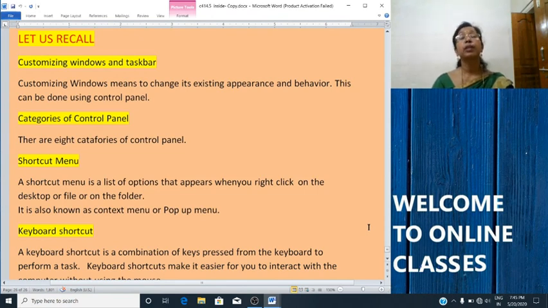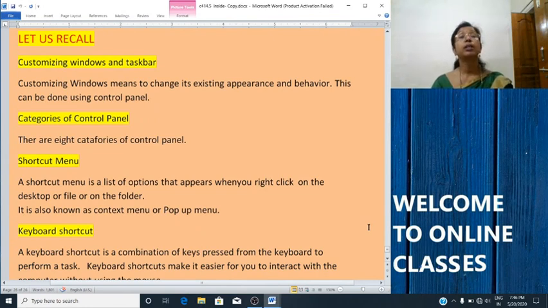Control panel is an important part of Windows. It helps to make changes to various settings of the computer system. You can add or remove hardware or software, change the desktop wallpaper, screensaver, set the date and time, etc.